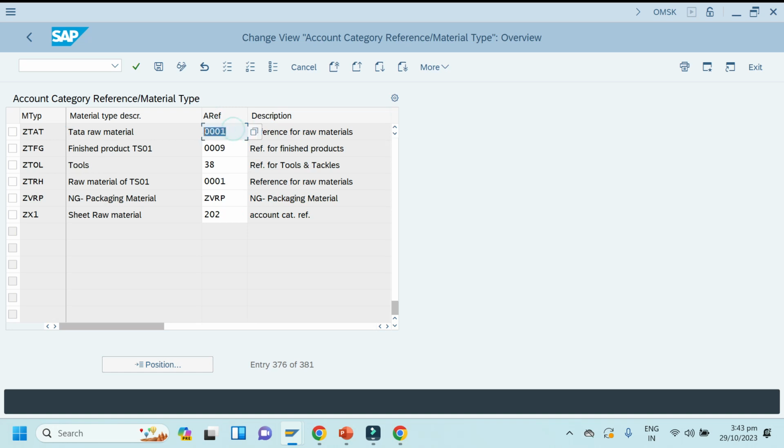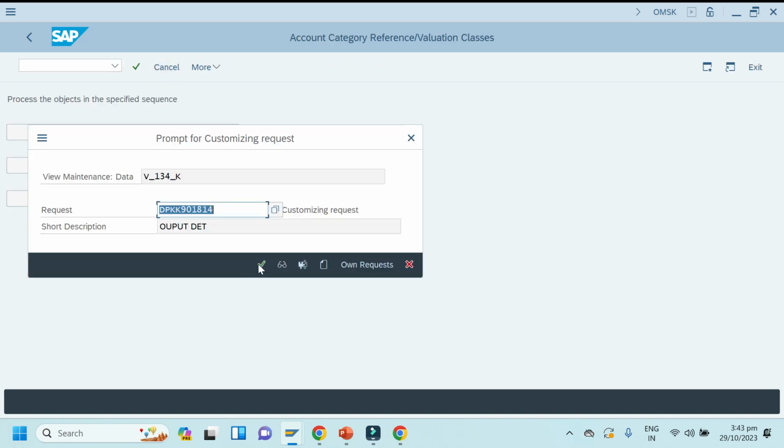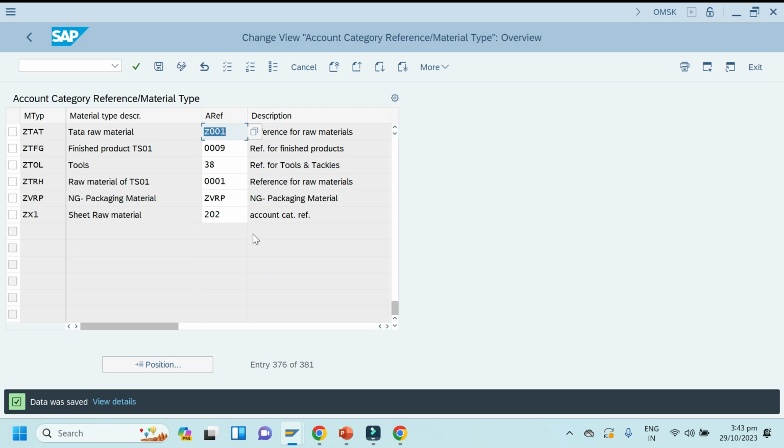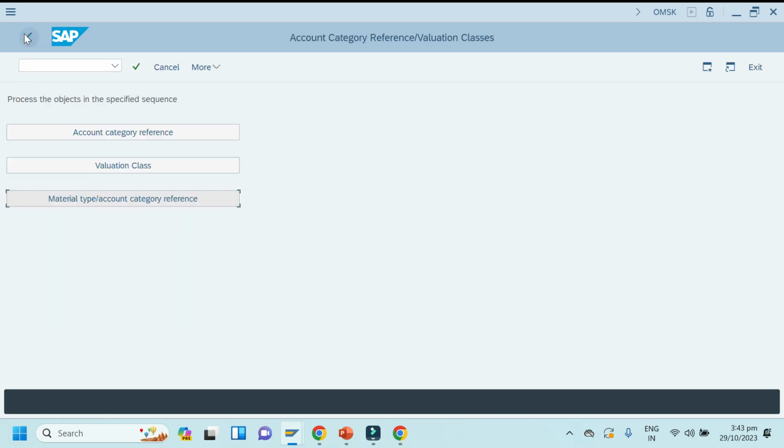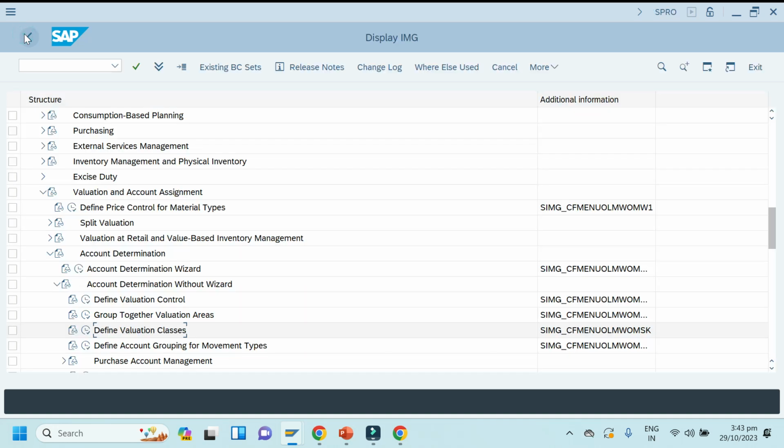So this is the account reference, but now I will take Z001. Okay, and save. It's saved for now. Step 3 is also performed. Back to IMG. So the third step is also done.